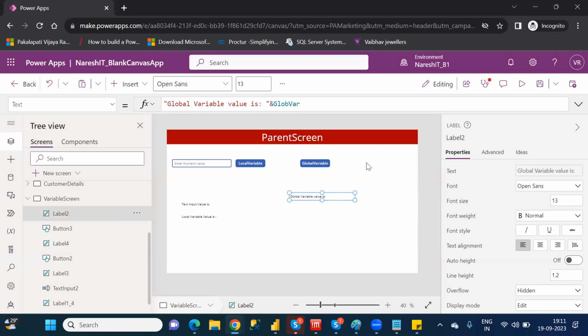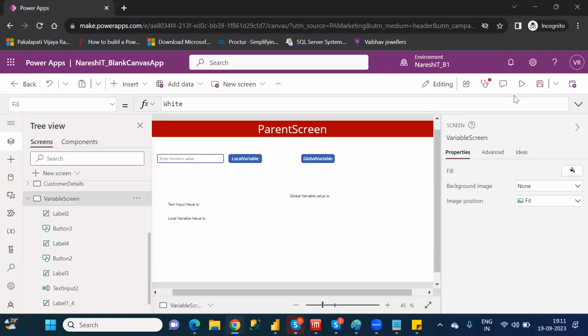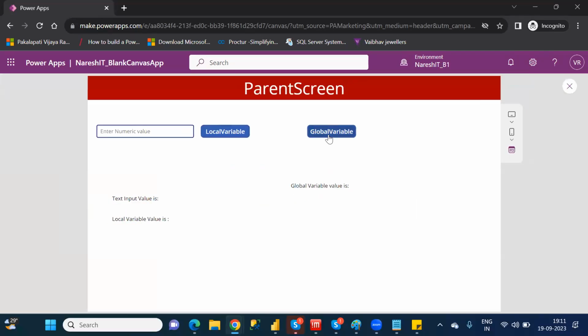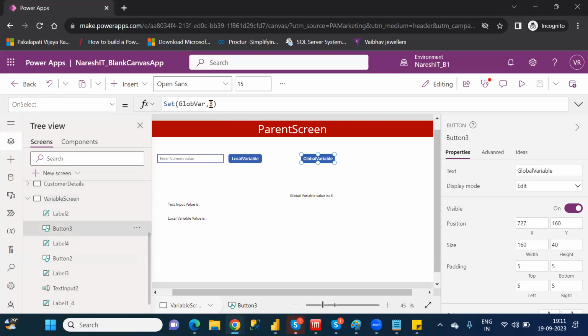See here. Okay. Now run the application. Suppose I enter 25 here. No, no, no. Without that, this is a static value, right? So I'm passing a static value. That's the reason. Directly click on the global variable. Whenever you click on that, what static value is stored in the global variable? 3 it is. Normally it is the 3 value. Like this, whatever static value is there, every time you can see this particular value. This global variable